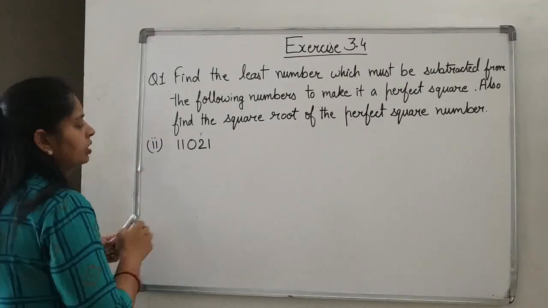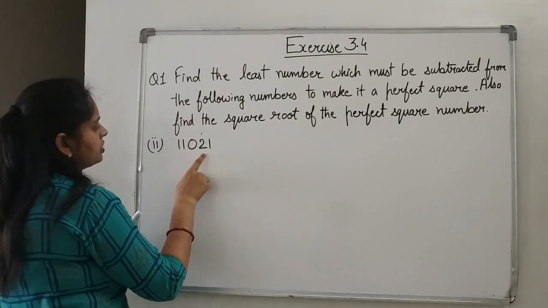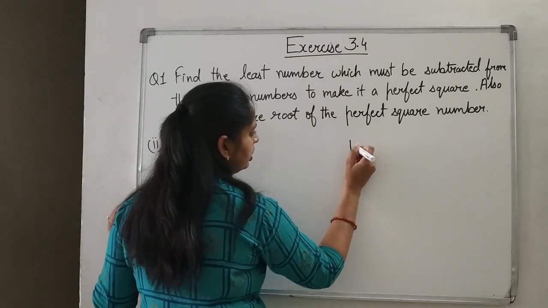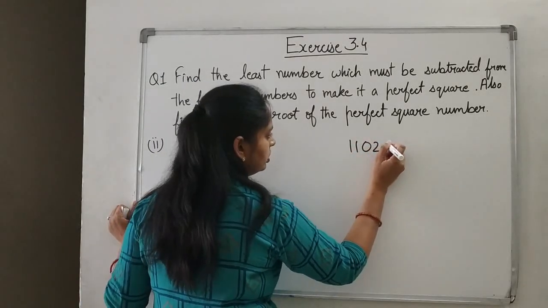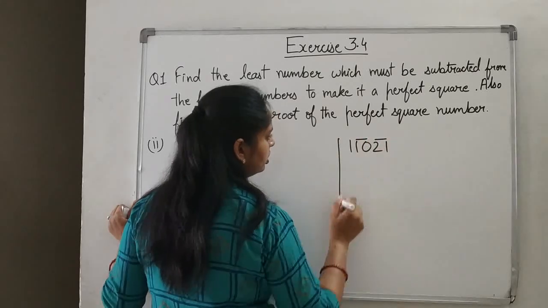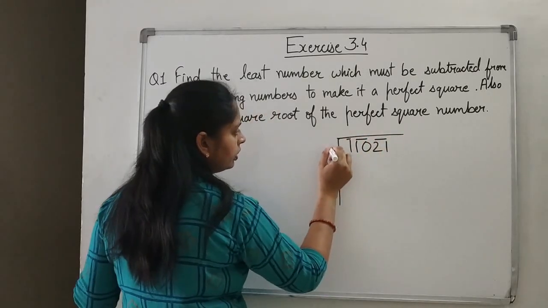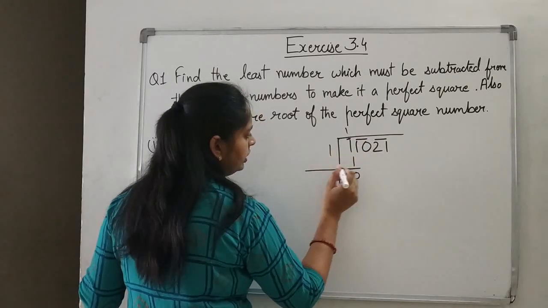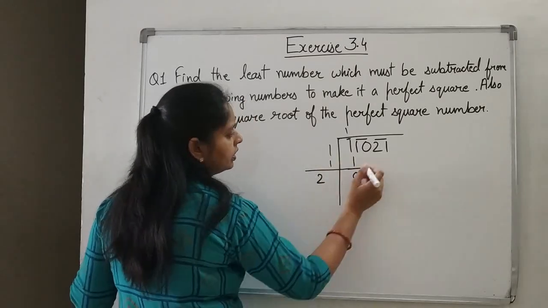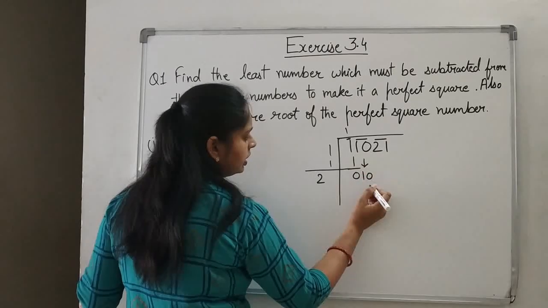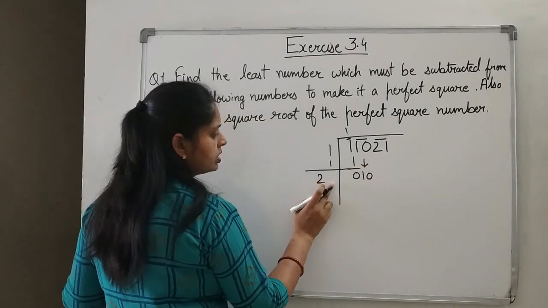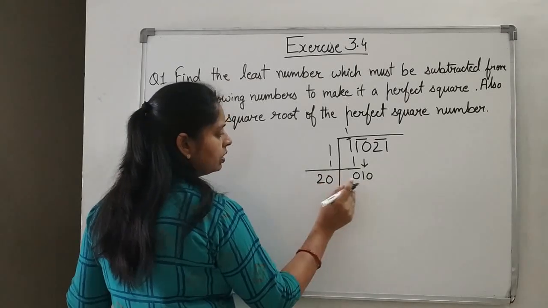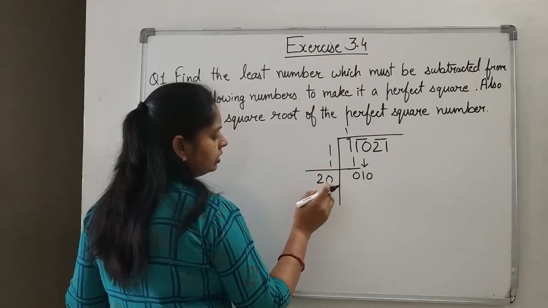Okay. Now see the second part in this. 11,021. What should be subtracted from this to get a perfect square? Again, we have to go for the division method. Make the pairing. So 1 is left alone. So again 1 times 1 is 1. 0 will come here. And this side 1 plus 1 will give you 2. Next pair will come down as 10. But if I use 21 ones, we will get 21, but that is greater than 10. So I have to use only 0.